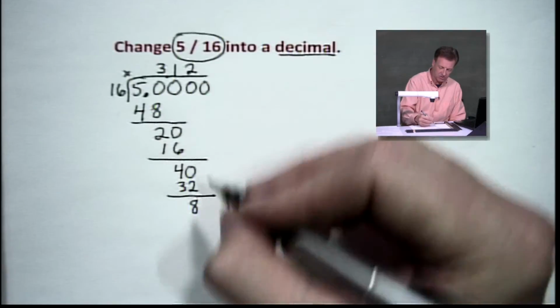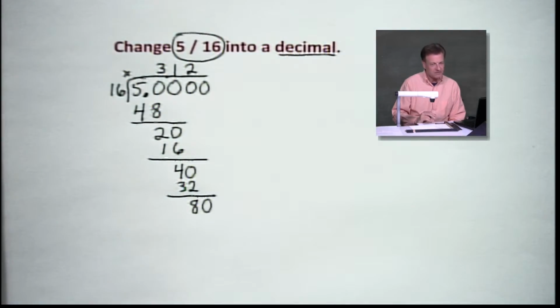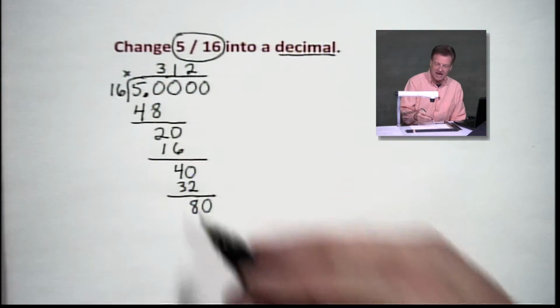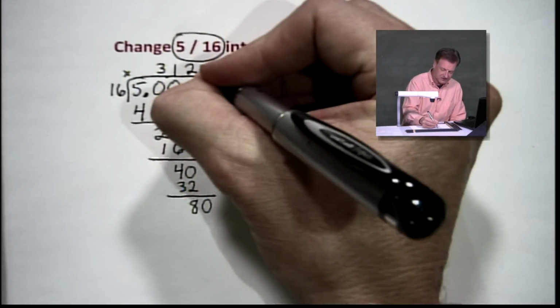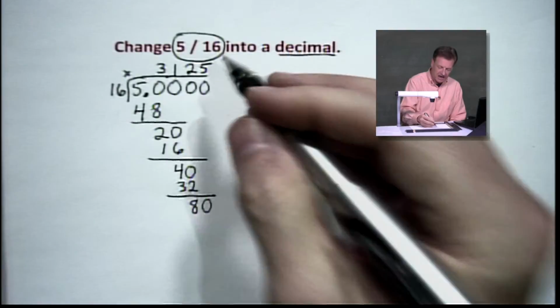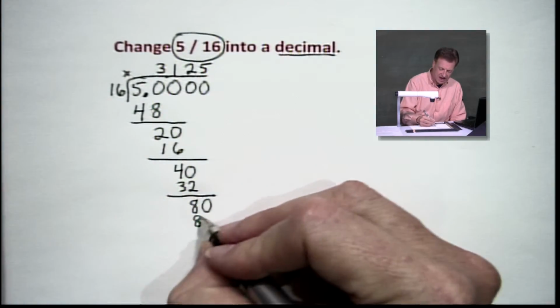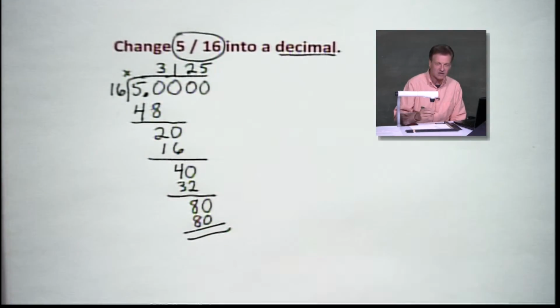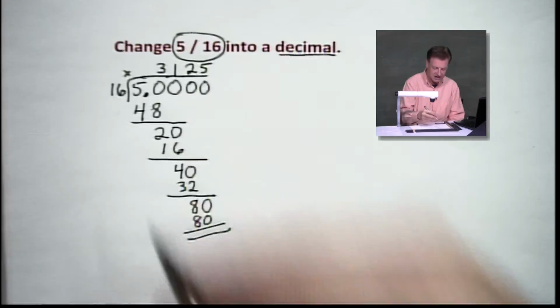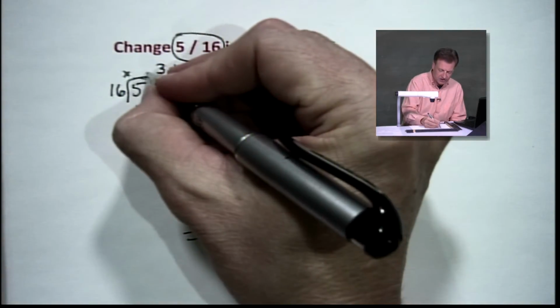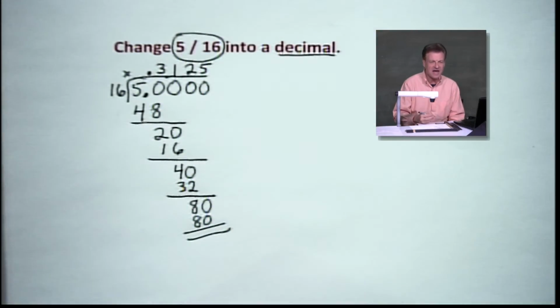So we bring 1 more 0 down. We've got that 80. How many times? Well, I just gave it away because 8 out of 16 is a 1/2. Let's put a 5 right up there. And we have 5 times 16, which is 80. We are done. We have run out of room. Your decimal, oh, where does the decimal go? Oh, got to make sure you put it in the right place. Goes straight up. And it runs right up there in front of that 3. All right, so it's